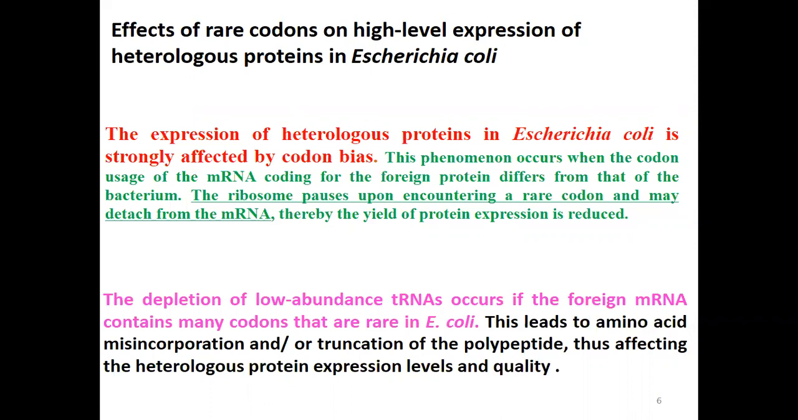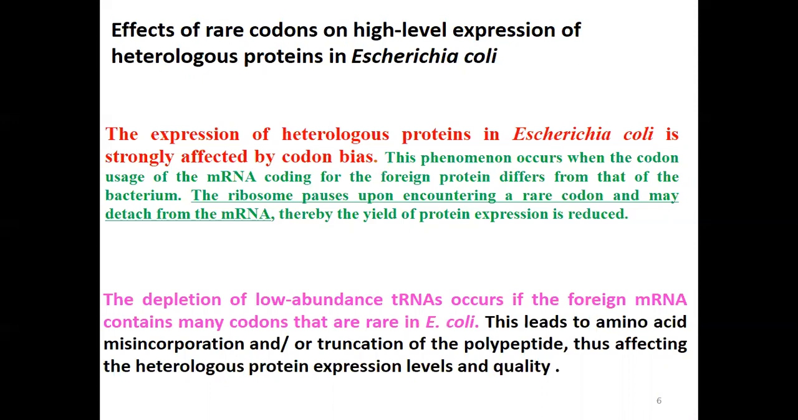Now, what are the effects of rare codons on high level expression of heterologous protein? As I mentioned in the previous slide, a number of studies have revealed that rare codons are capable of qualitatively and quantitatively causing expression problems in E. coli or other organisms, and these problems mainly occur at the translation level rather than transcription, because the amino acid codons are present in different amounts, low or high, rare or abundant. This can affect the heterologous expression of the protein. For example, when there is codon bias between your foreign gene and E. coli,